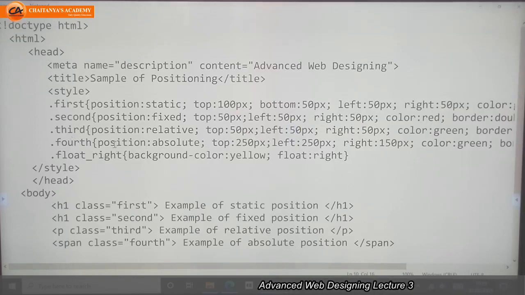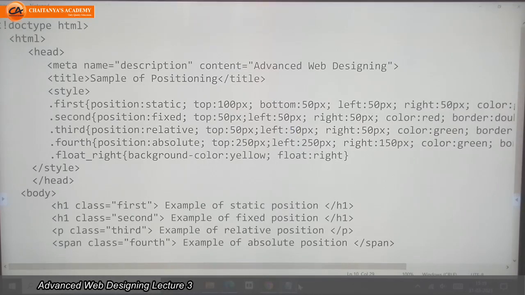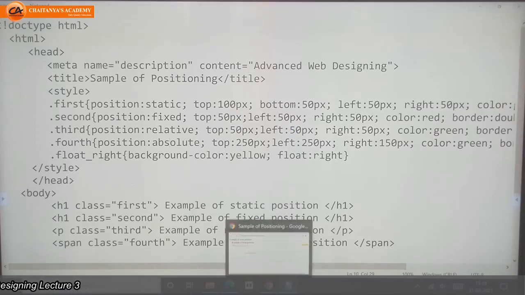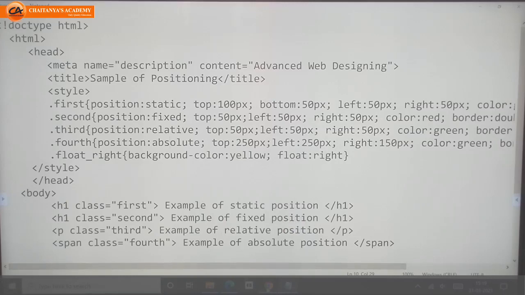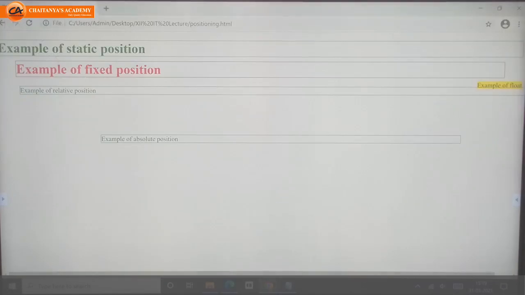Next, the fourth position is absolute position. In absolute position, the position of the element is absolute, relative to the web browser window. This is our web browser window. Relative to this is the position.